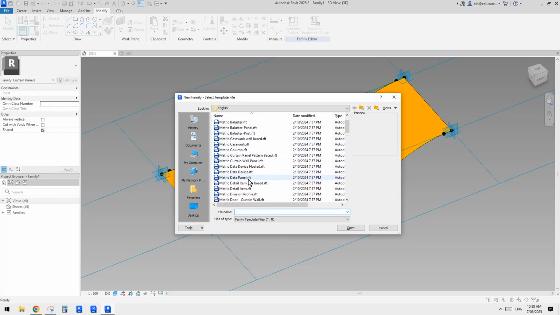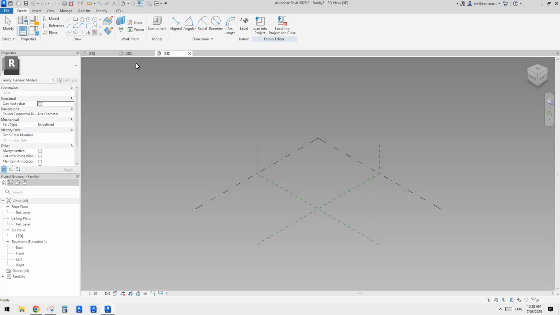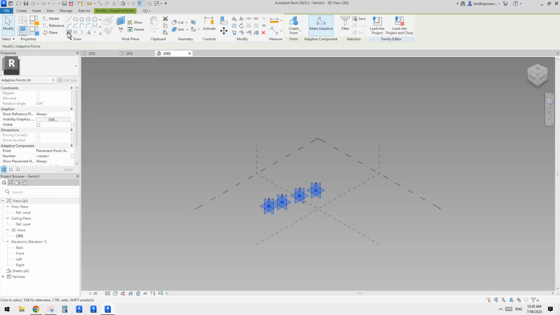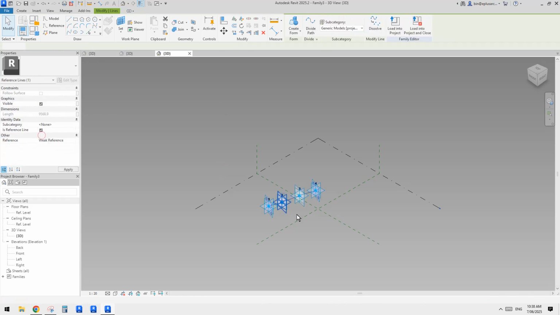Anyway, I'll just quickly do it. It will be generic model adaptive. I'll place 1, 2, 3, 4, select them, make adaptive, create spline through points, make a reference line,